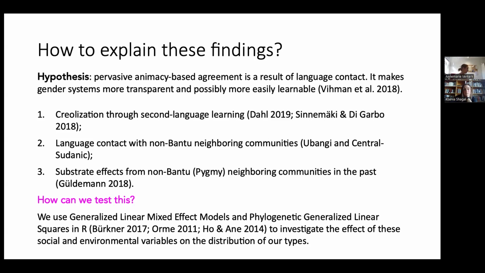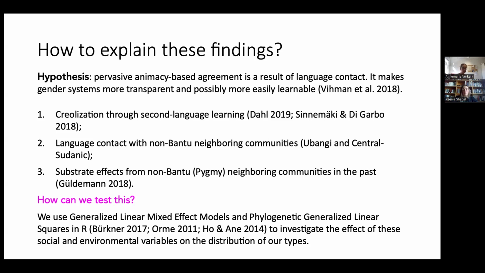So when Bantu spread through the rainforest, all Pygmy communities ultimately switched to Bantu and have, from a societal perspective, very interesting relationships with Bantu speakers. But we don't know what their languages were like, because basically all of these people just switched, right? But it could be the case that in switching, we could find substrate effects, in the sense that they simplified these Bantu languages in the past.